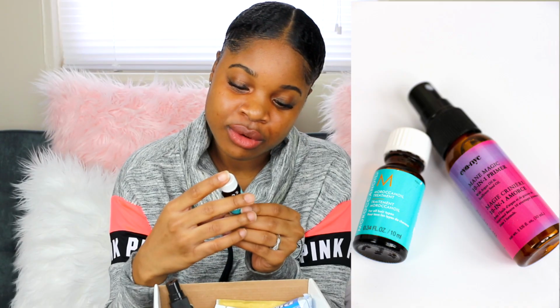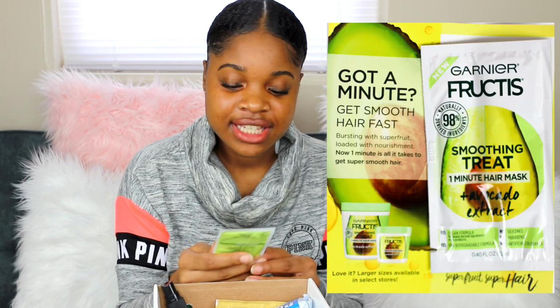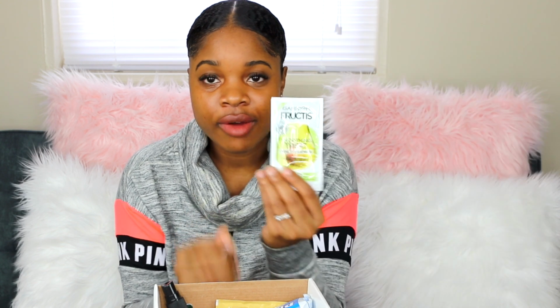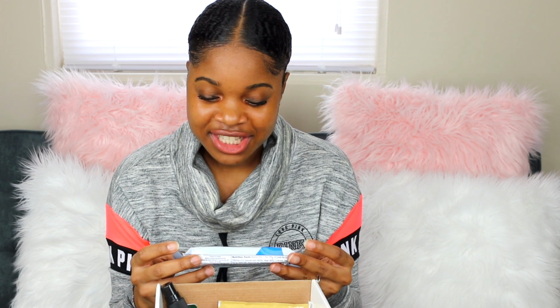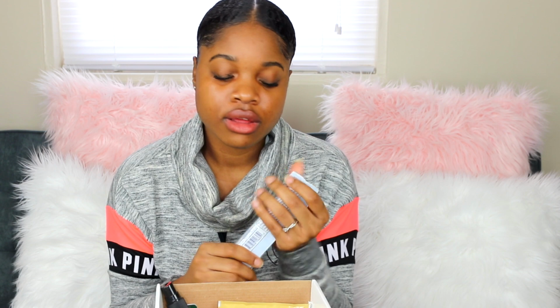This is a little sample for a Moroccan oil treatment. That is the Garnier Fructis. And this is a smoothing treatment, a 1-minute hair mask, with avocado extract. Some food, pure protein, a protein bar. Get you some good eats. This is like a chewy chocolate chip bar. So I just got this box maybe like 3 days ago, so it shouldn't be stale, but it's a little...